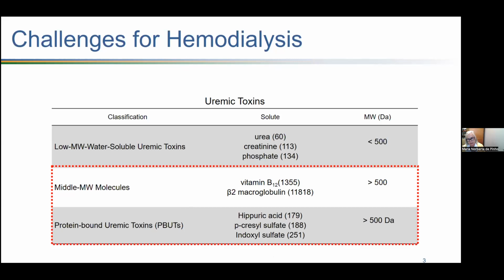These are small toxins that bind preferentially to plasma proteins, namely albumin, and then they are retained by the ultrafiltration membranes, and they accumulate in the system. So this is one of the big challenges to improve